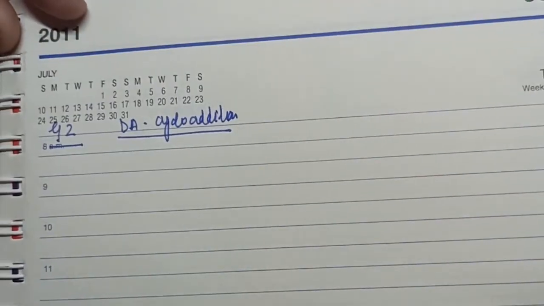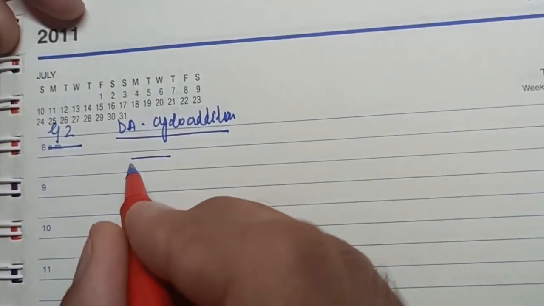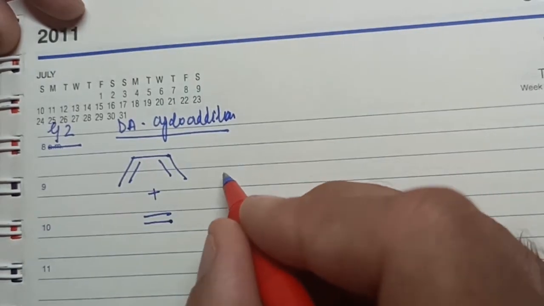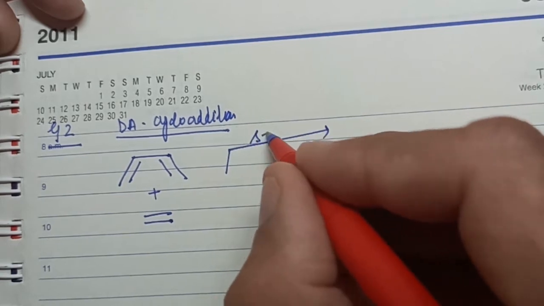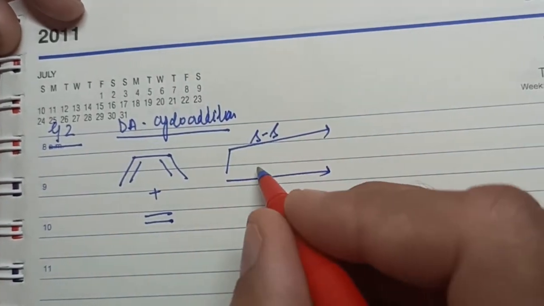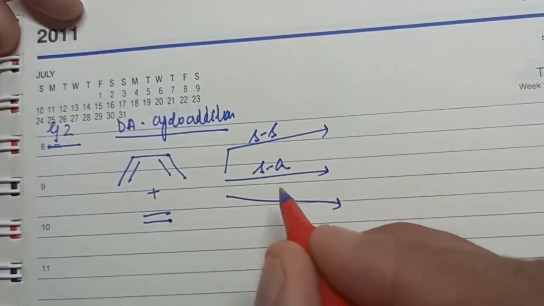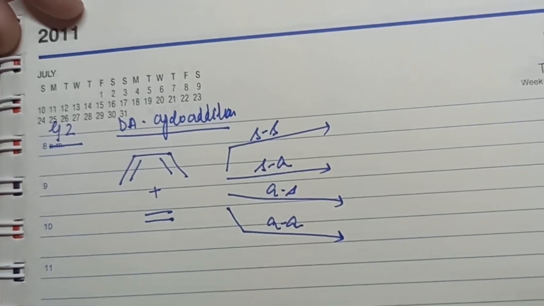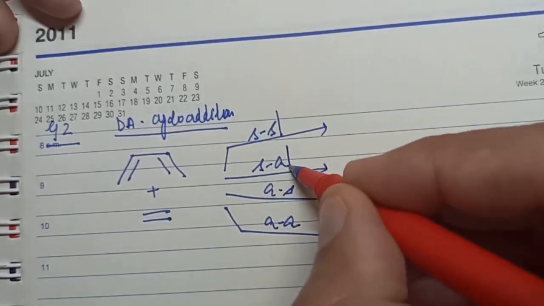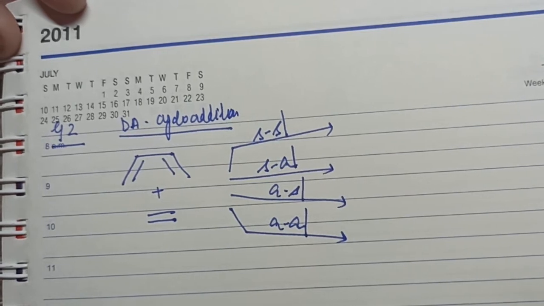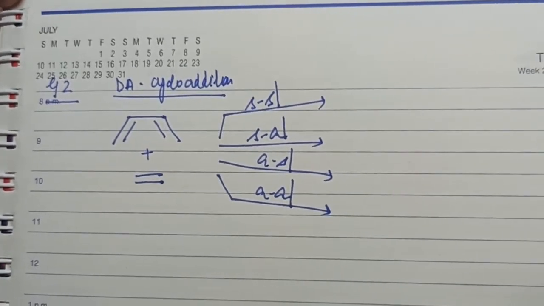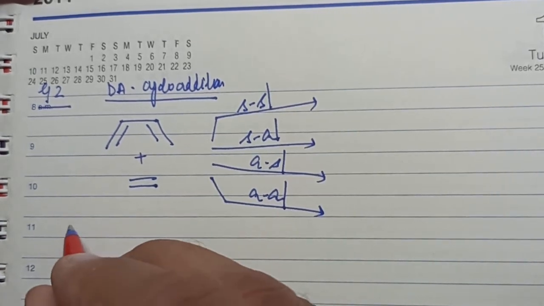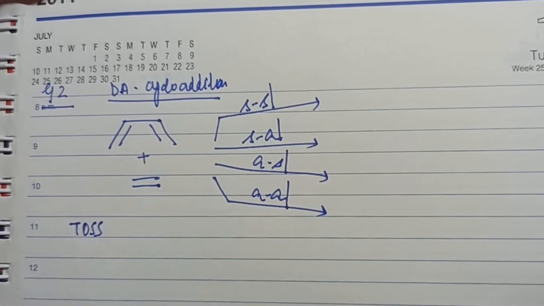Now somebody asked me, tell me what would be the reaction condition of a reaction between butadiene and ethene under all four possible modes: supra-supra, supra-antara, antara-supra, and antara-antara. Whether this reaction will be thermally allowed, photochemically allowed, or thermally or photochemically allowed. I can use all the different approaches. I can use the selection table or I can use the formula, right? I remember just one formula, and the formula which I remembered was TOS.